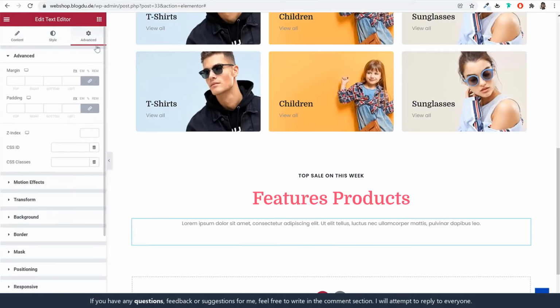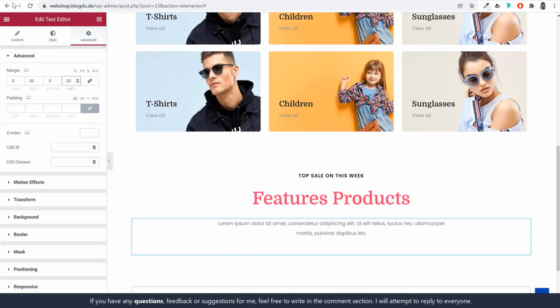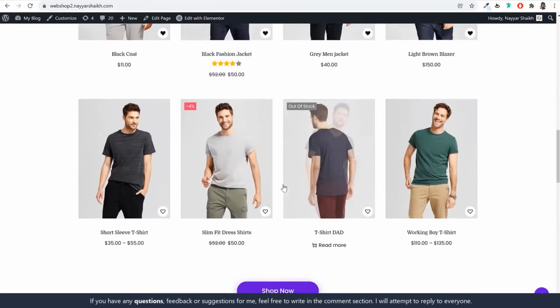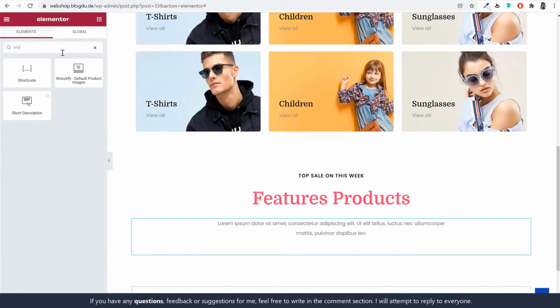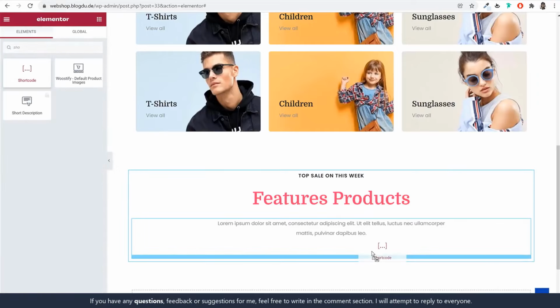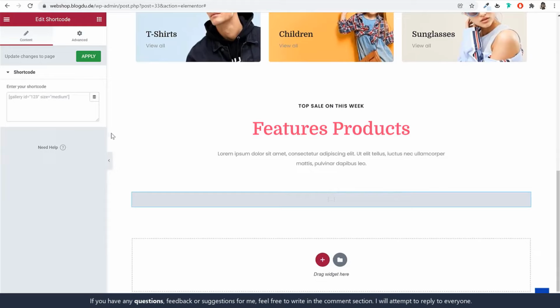And after that you can go to advanced, and you can add some margin percentage. Okay, add 20% from left and right, like this. And finally at the bottom we want to display these products, so for that we'll actually search for shortcode element, bring it over here at the bottom, and what we'll do is we'll first update the page, open a new